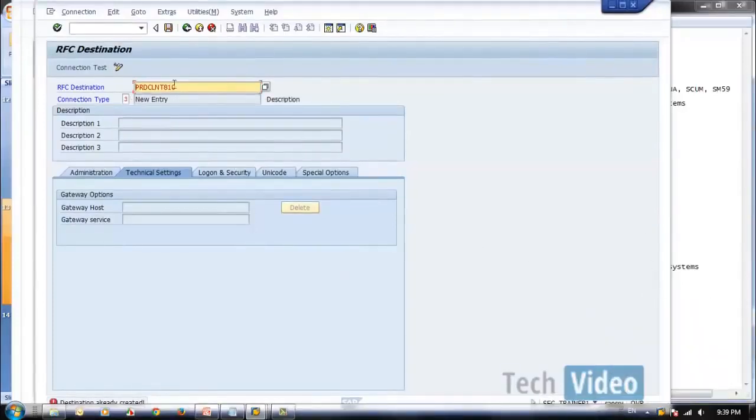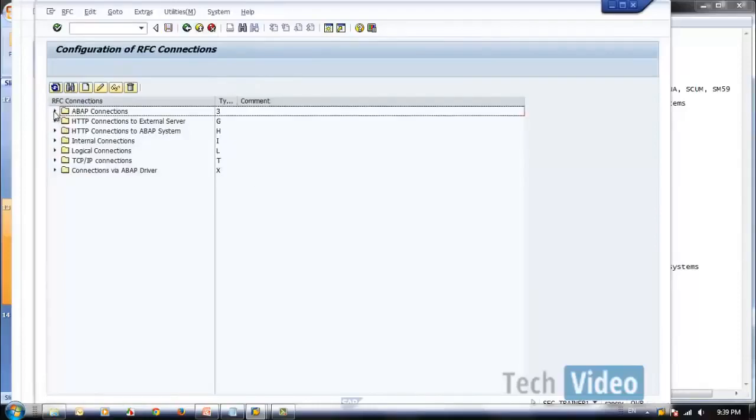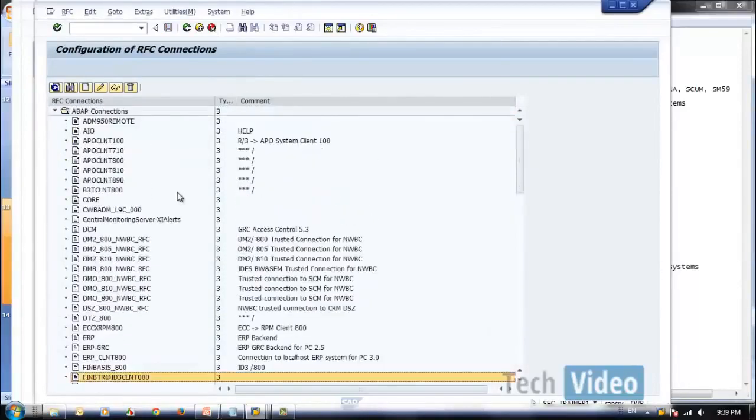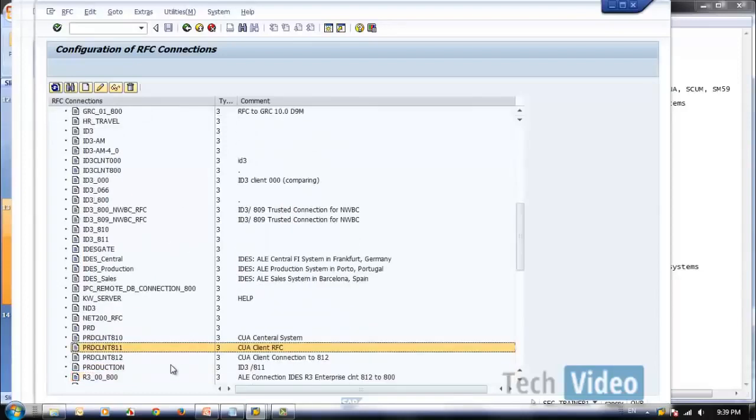The reason is this is cross client data, so it's available in all the clients. If you go to 812, if you see above, there is PRD, yeah, we have all three RFCs which we created, so we don't need to create twice. If it is a different system, then you need to create it back in all the systems.